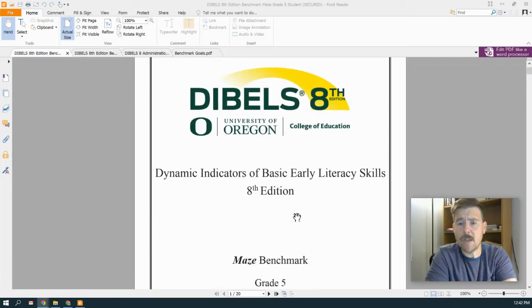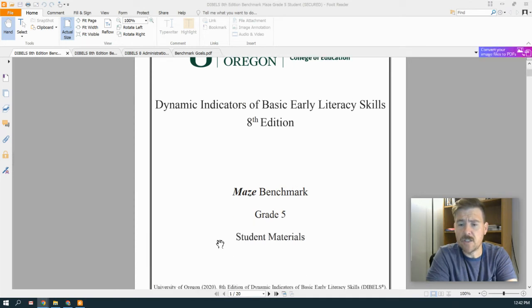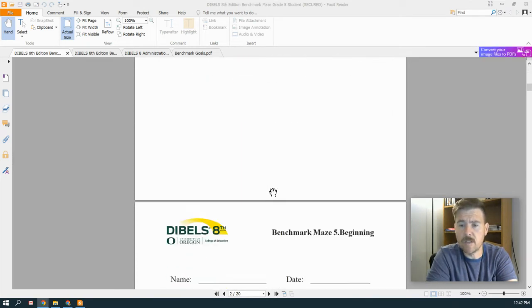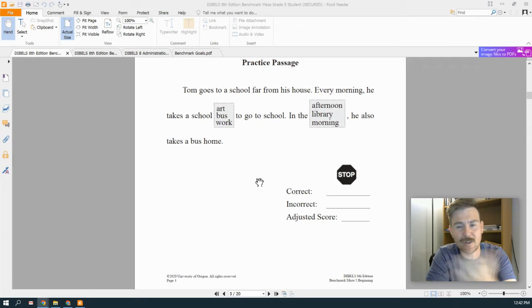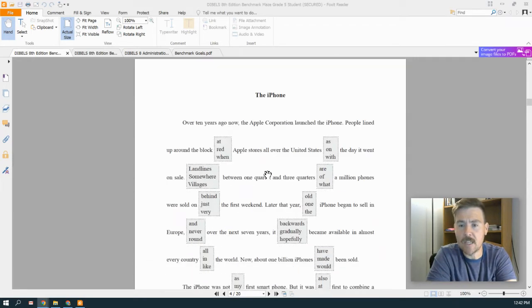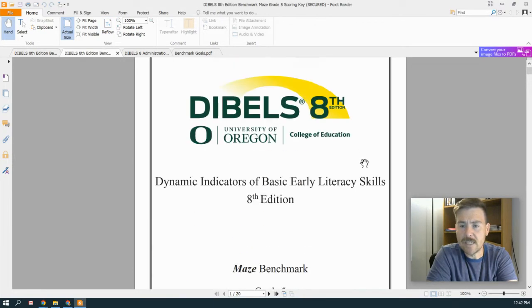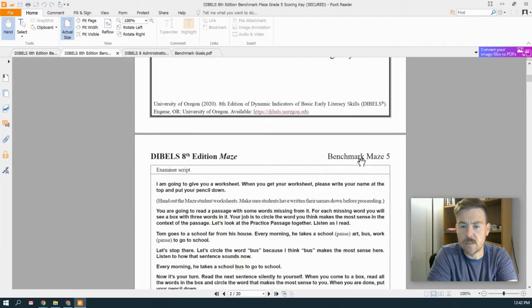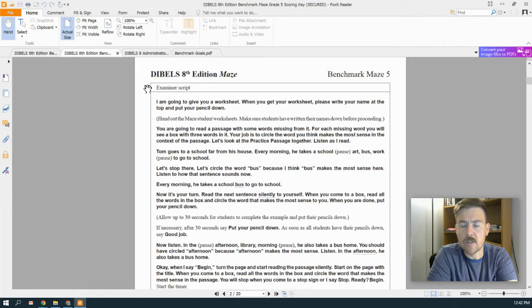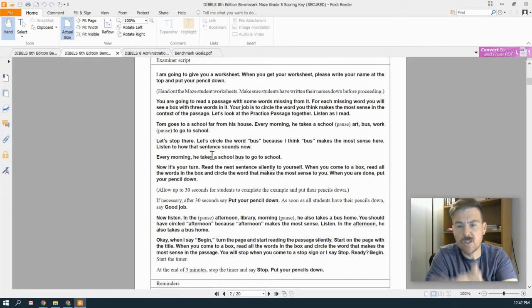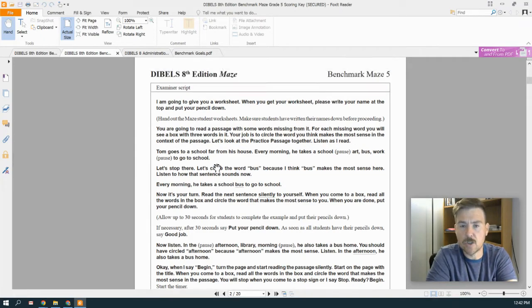Whenever you're giving the Maze, you have the student materials booklet that will be available, and you'll know it's the student materials because not only will it be labeled on the front, but it will have the three answer choices, and that will be different from the scoring key, which will be for the test administrators. You will have the examiner's script in that scoring key booklet, and it is very important that you familiarize yourself with that script. It seems very simple, but the big thing is that you go through